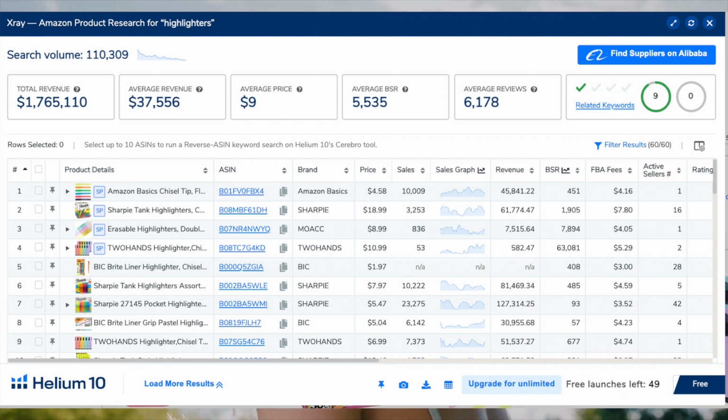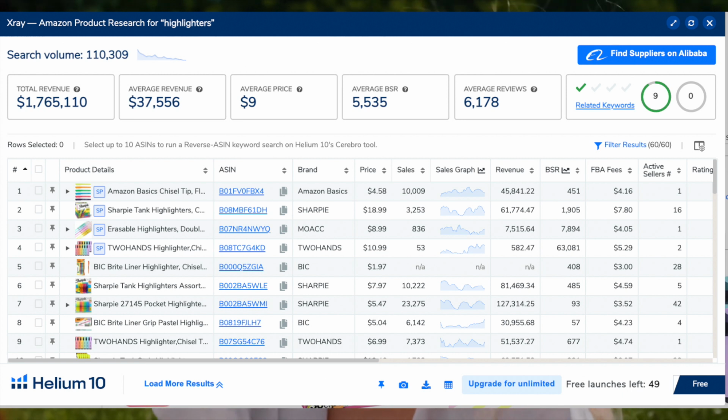So if you look at this column right here, these first top ones here with the SP are sponsored. And so you can use this side column to just click those away. I want to be looking at organic results, like how these products are ranking organically in the search. I don't want to see paid stuff mixed in with the data, so I click those away. Now it's pulled them in, and the order is in the order that they're ranked on the page.